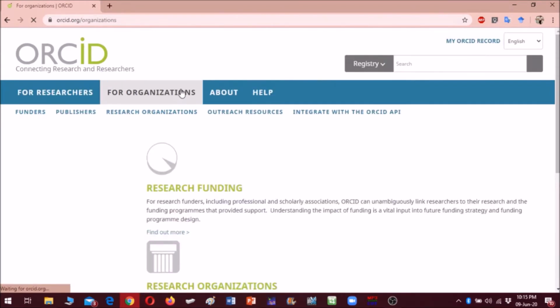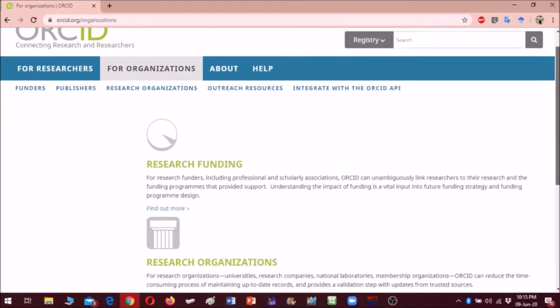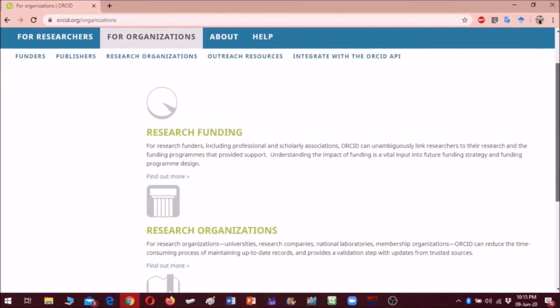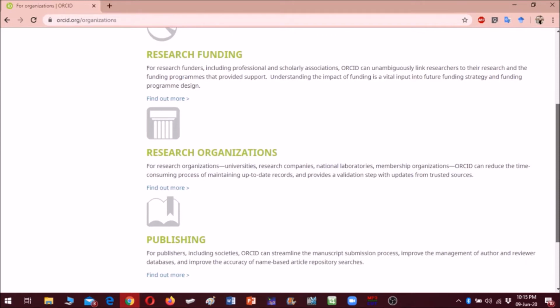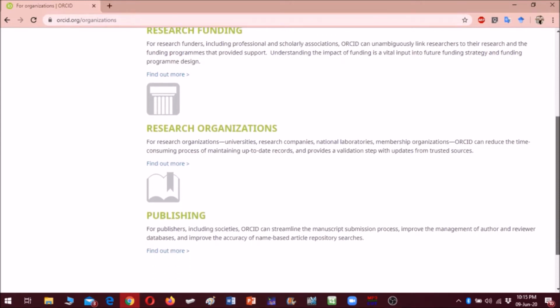Under for organization section, so research funders can associate with ORCID to link researchers to their research and funding programs. Research organizations can take help of ORCID to reduce their time consuming process of maintaining up-to-date records, and they can provide validation step with updates from trusted sources.